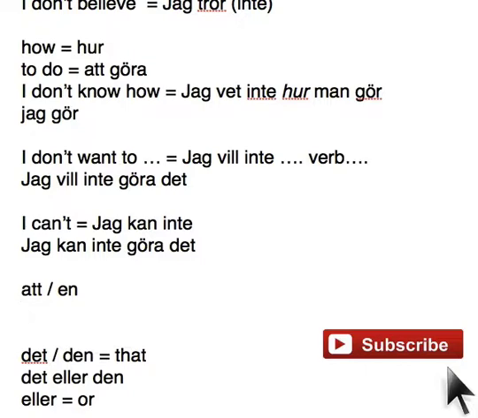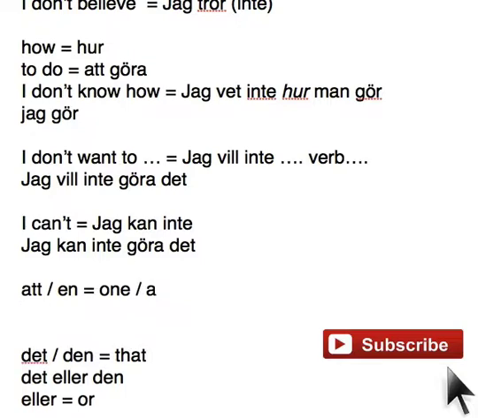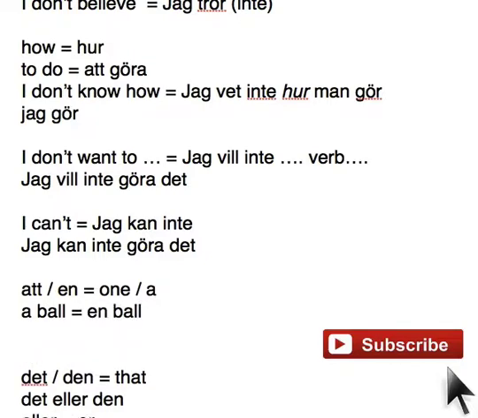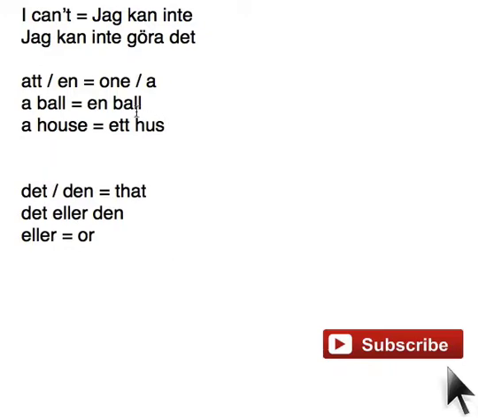Basically in Swedish en and ett mean one, and it also means a. So when you say a ball, you say en boll, and when you say a house, you say ett hus. Now the same thing here. So if we say that house, since it's ett hus, we say det huset, right? Now we have a ball